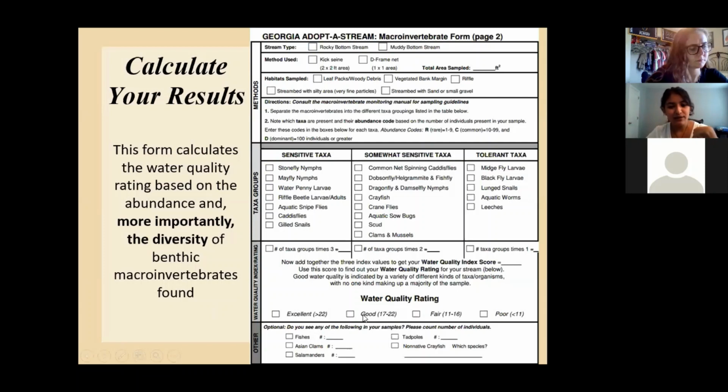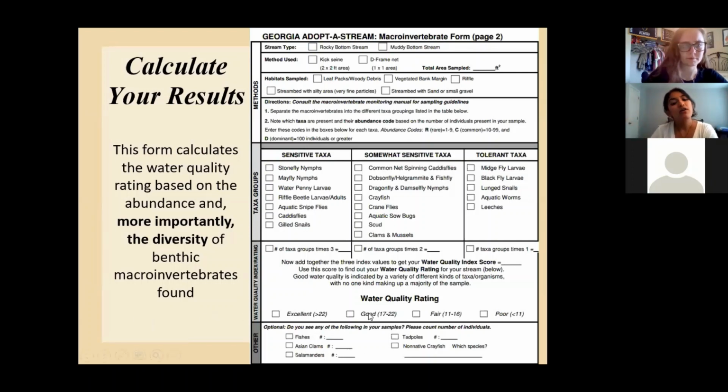So it's a lot, and I'm a very visual and kinetic learner, so this took me a while to get used to. Once I was actually out in the field, I think it makes a lot more sense once you're actually out there counting and seeing, okay, this is what abundance is and diversity, and these are the groups that we're looking at.